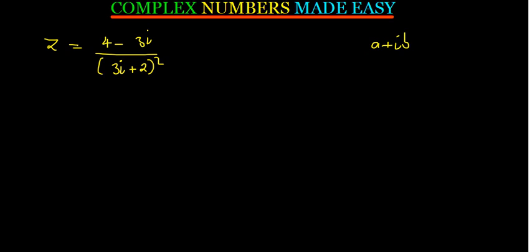So how can you do it? The first thing that you have to do is to make sure that in the denominator, you don't have those brackets, okay? So this is the same as 4 minus 3i divided by. I've always been talking about this. When you have got two terms in brackets with a square, get the first one, you square it. If you want, write it twice and then you start crossing and multiplying. So get the 3i, you square it. That will give you 3i squared. And then get the